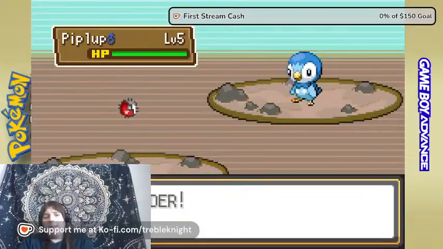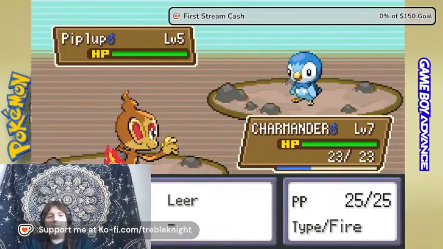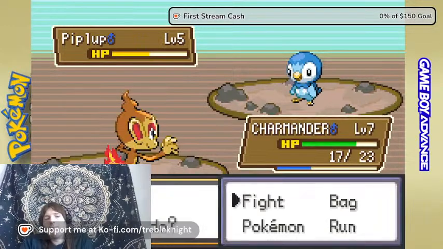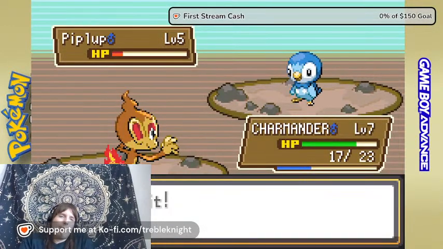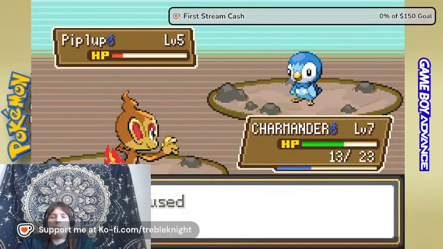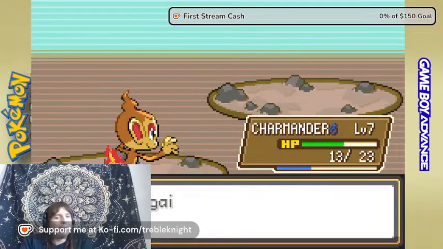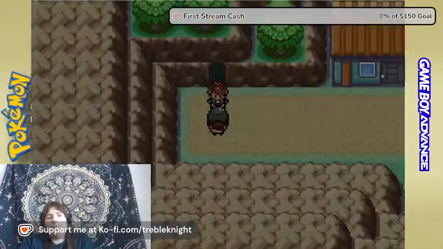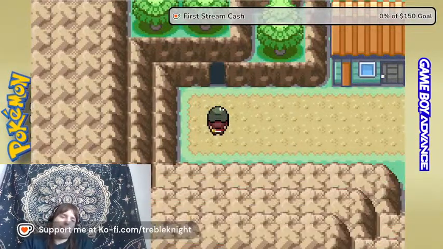Okay. One thing I really like about this game is they really do a great job with all the sprite work. They make new sprites. So... and that takes us to level 8. All right. Perfect.